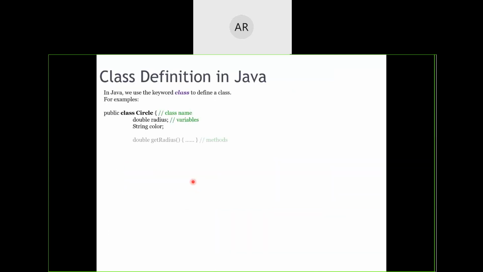Now coming to class definition, I have kept one example program here. This example program is going to show you how to create a class. I'm creating a class here called Circle. The name of the class is Circle. You can keep any name here, A, B, C, or something like that. But you need to tell the compiler that this particular Circle is of type class. I'm going to perform some class definition by writing class as a keyword.